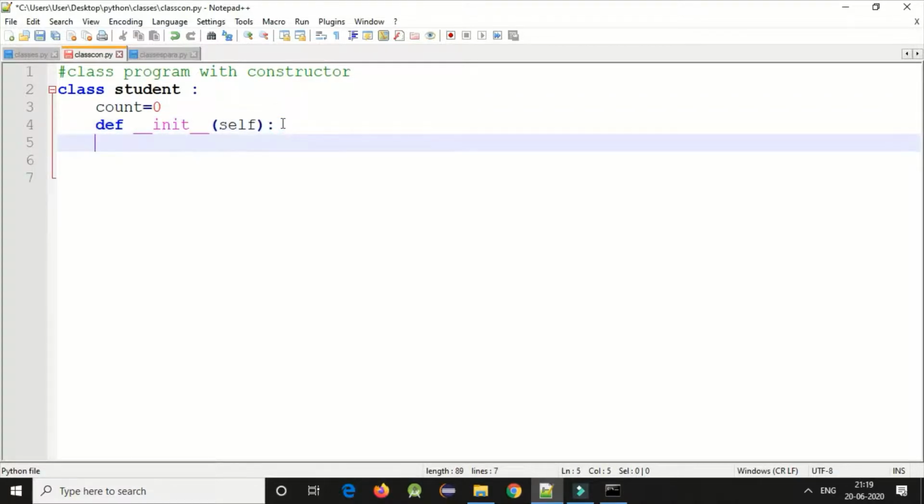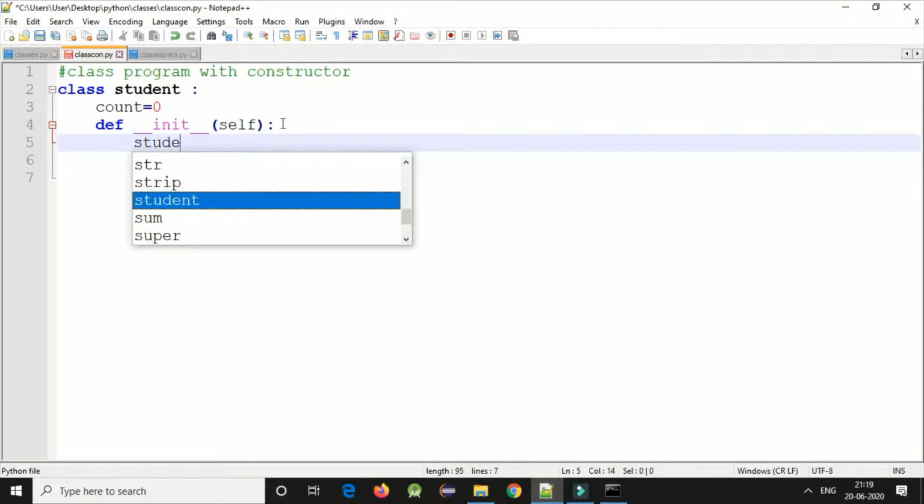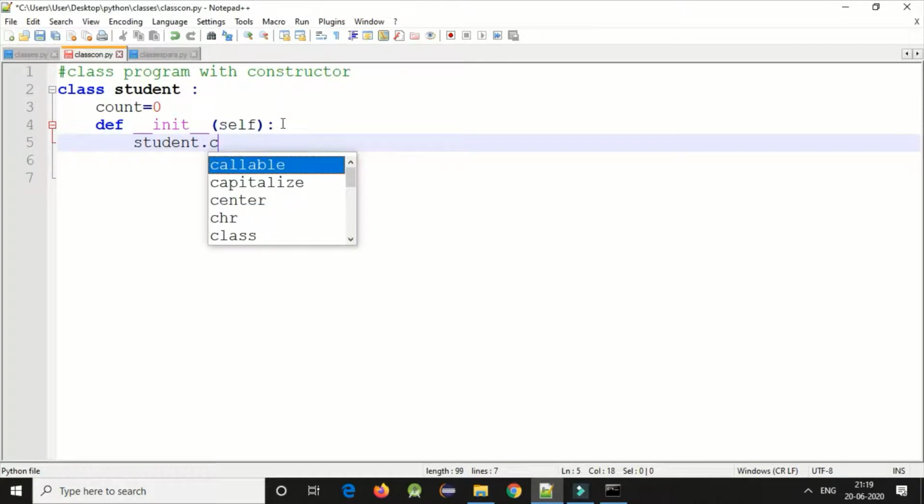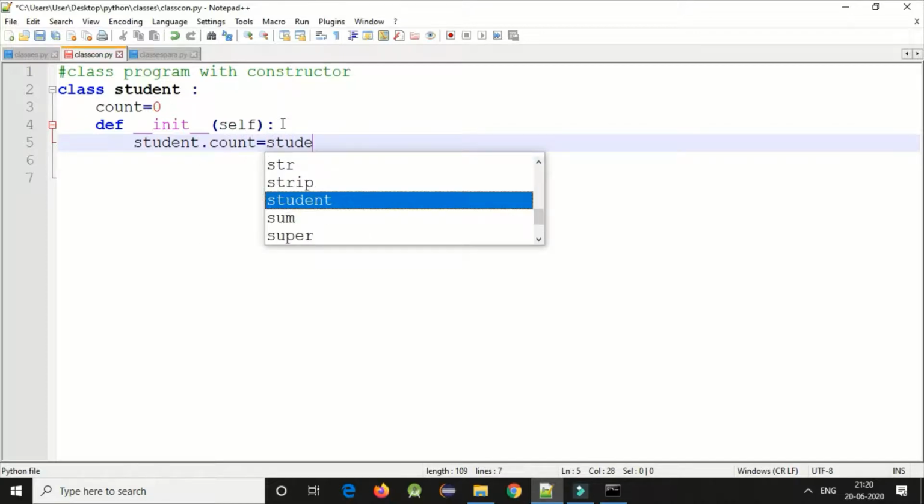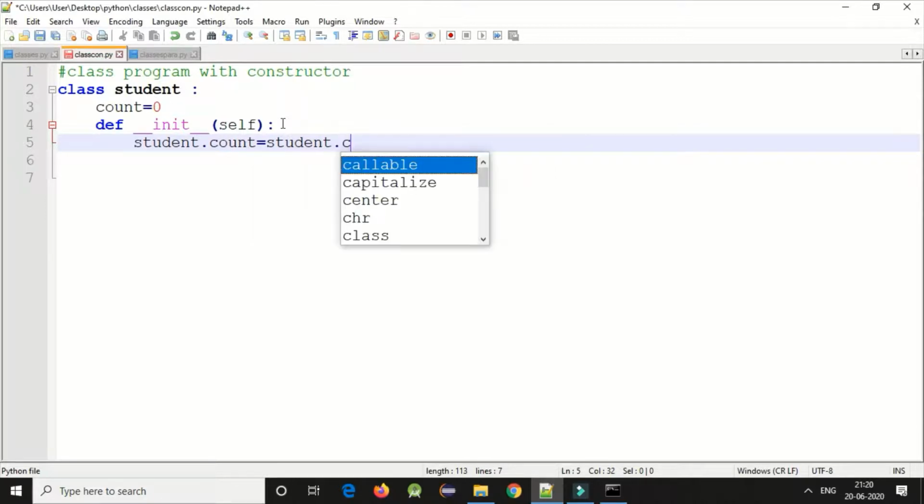After that, student.count equals student.count plus 1.